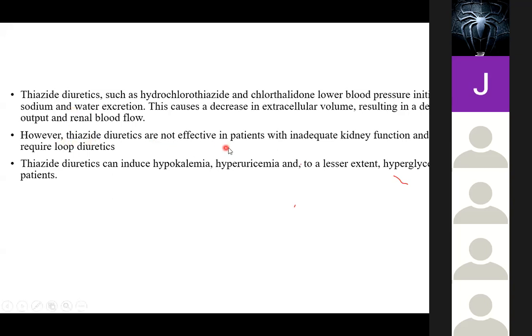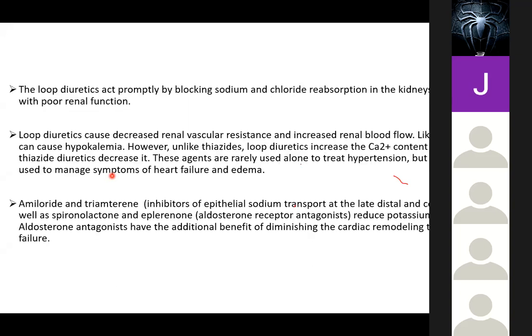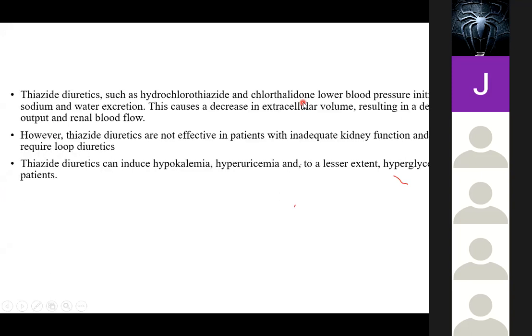However, thiazide diuretics are not effective in patients with inadequate kidney function, and such patients will require loop diuretics. Now, okay, so I place it here. So thiazide diuretics can induce hypokalemia. That means you'll be deficient of potassium, okay, and there is plenty of urination, and to a lesser extent, we have hyperglycemia in some patients. Now, the loop diuretics act promptly by blocking, okay, sodium and chloride reabsorption in the kidneys. Please note that for the thiazide diuretics, it helps with